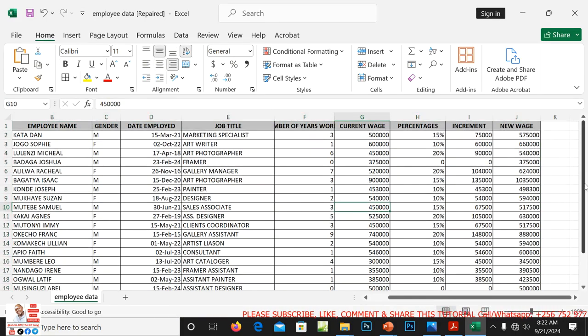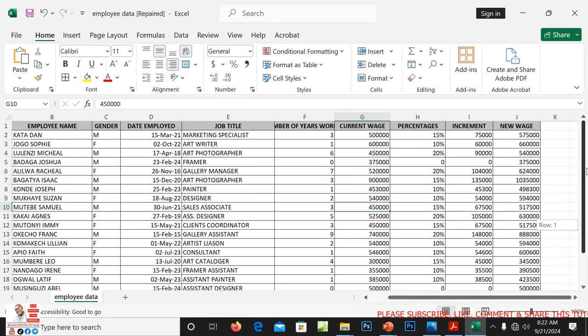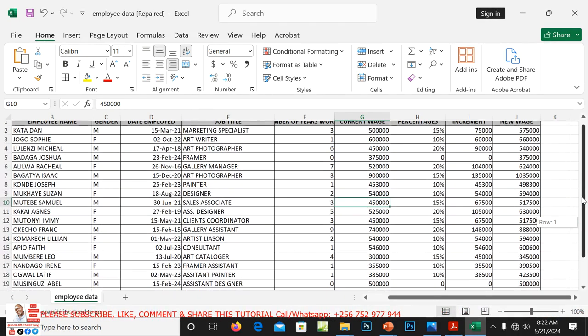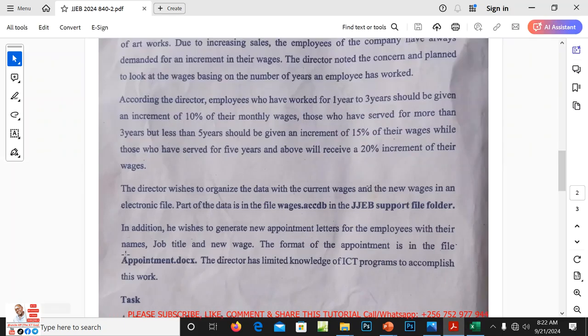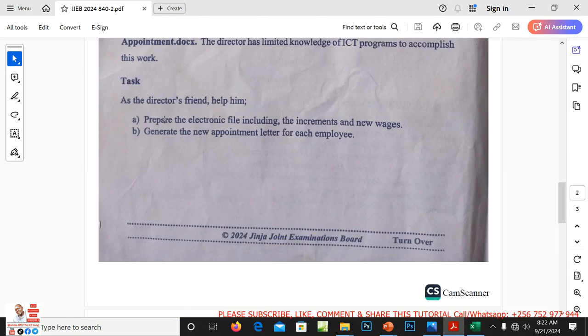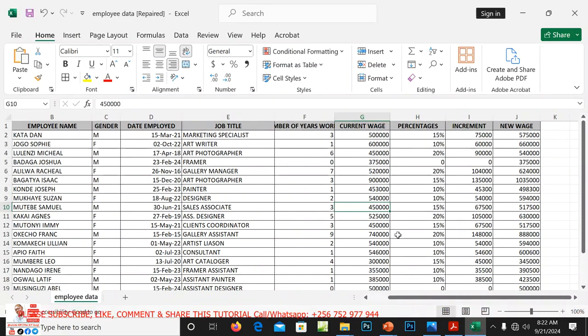Then I remember we need to have this data on a graphical chart. They said we should prepare an electronic file including their increments and then new wages, so I think we can generate a graph showing such.